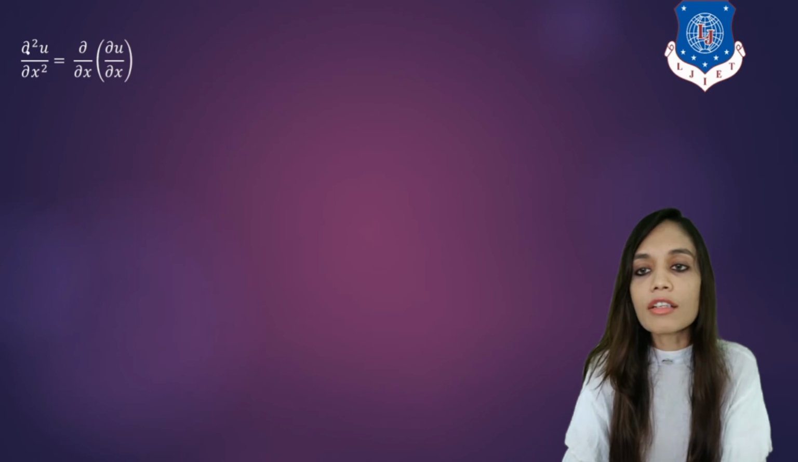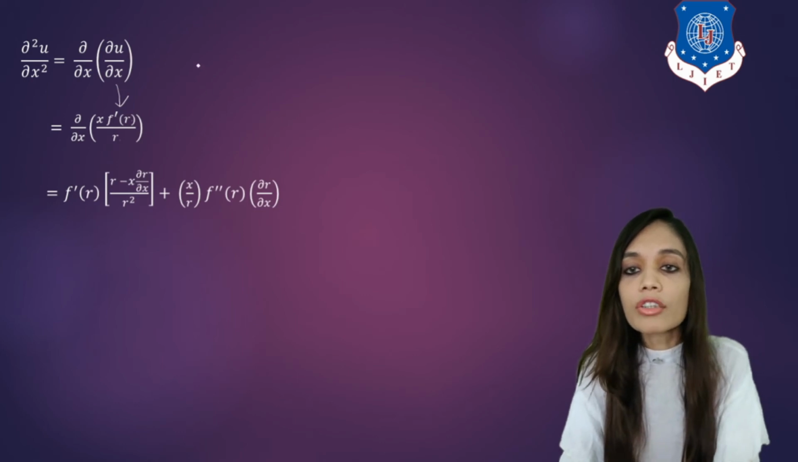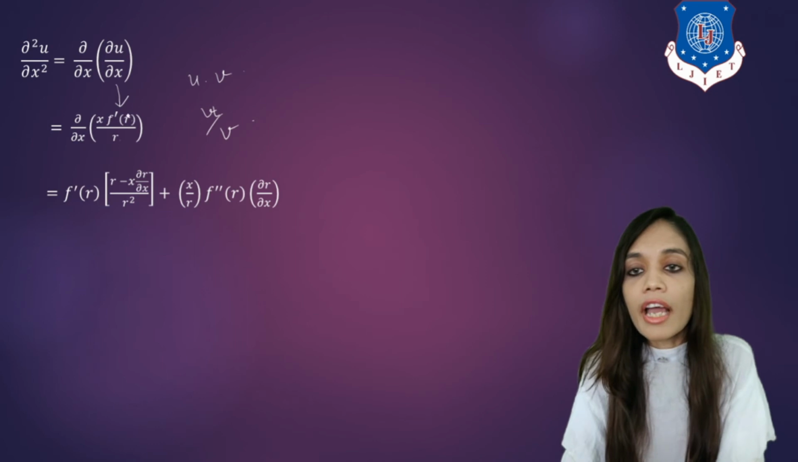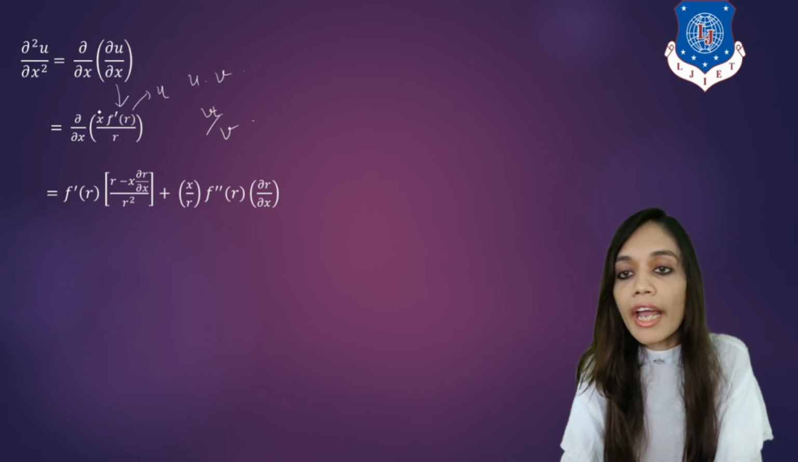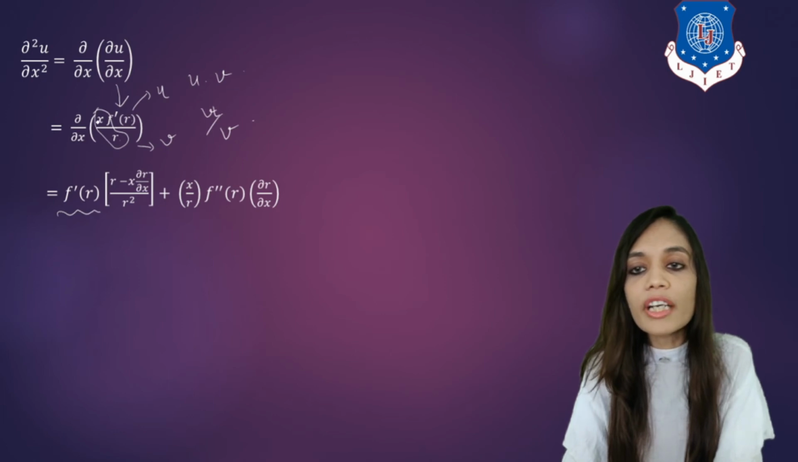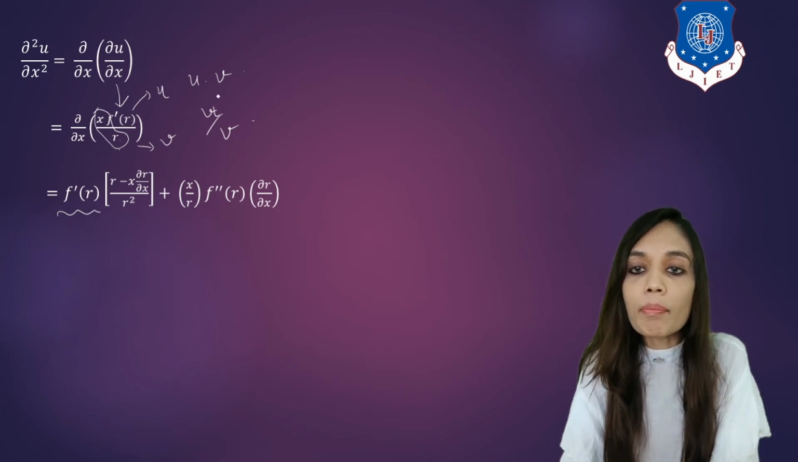Now let us find del square u upon del x square, which will be equal to del by del x of del u by del x. Now replace the answer of del u by del x, that is x into f dash of r upon r. Now we will apply two types of rule, that is the derivative rule of u dot v and also of u by v. Right? So firstly we will consider f dash of r as our u and the whole x upon r as v. Understood? So keep f dash of r as constant and do the derivative of x upon r applying our u